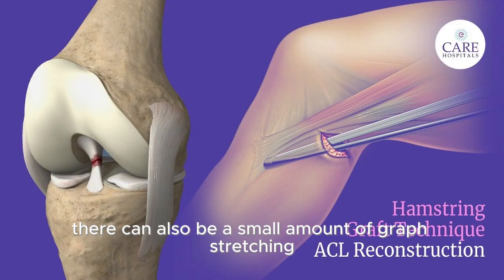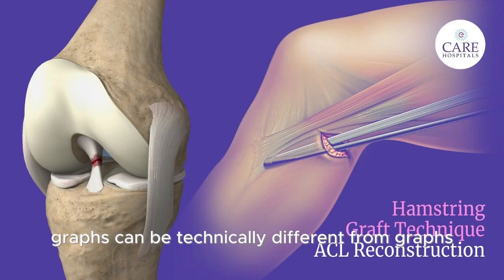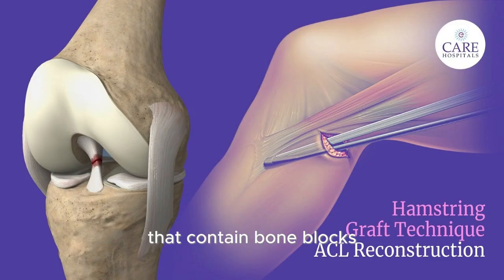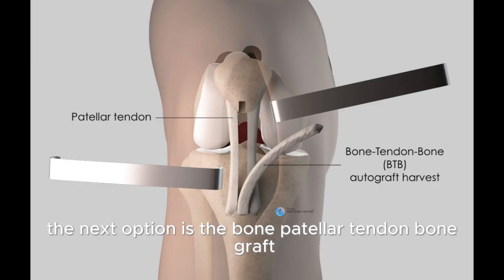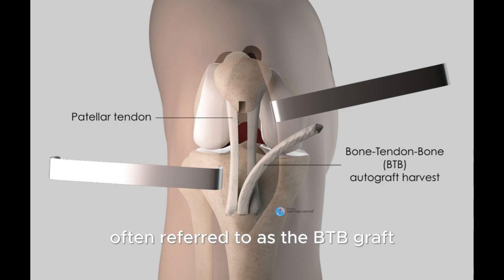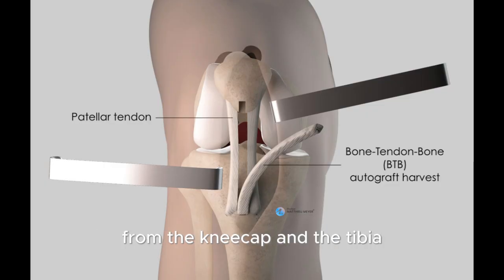There can also be a small amount of graft stretching over time, and fixation of soft tissue grafts can be technically different from grafts that contain bone blocks. The next option is the bone-patellar tendon-bone graft, often referred to as the BTB graft. This graft uses the middle third of the patellar tendon, together with small pieces of bone from the kneecap and